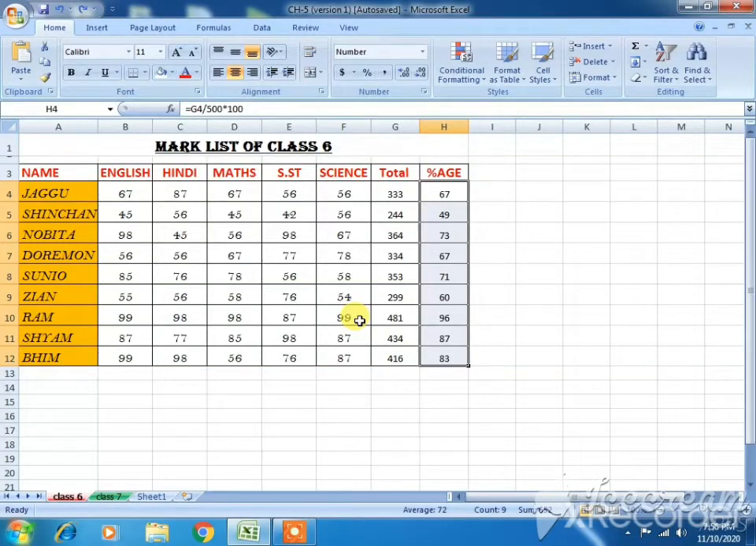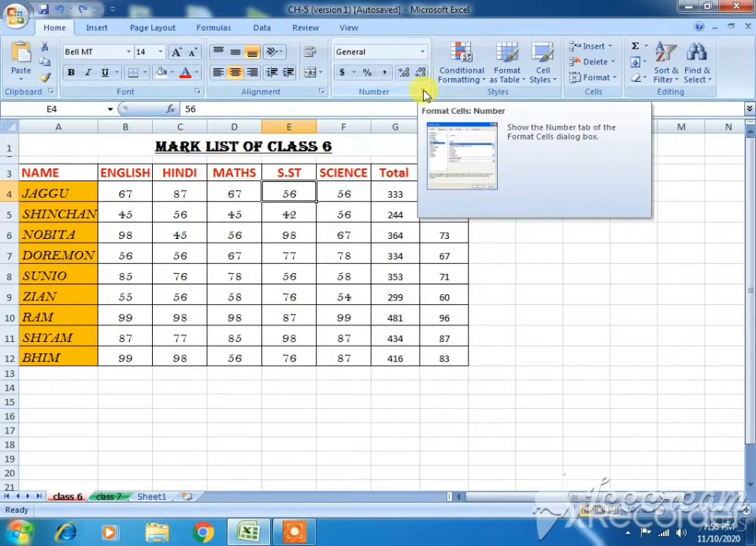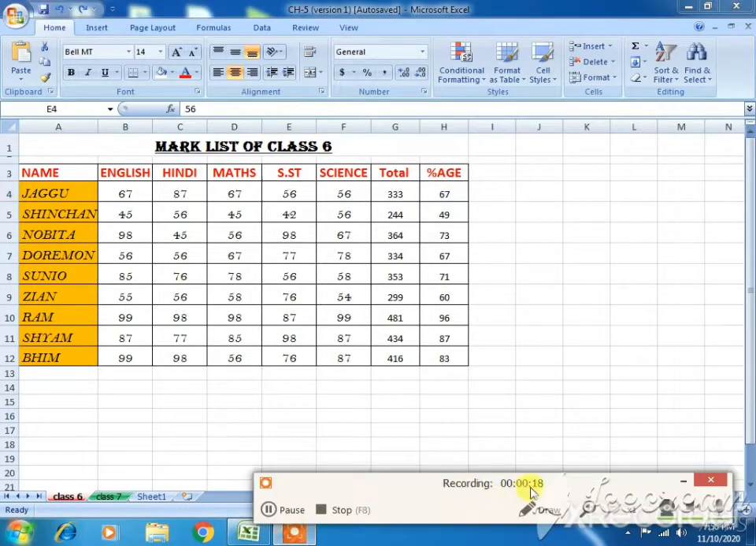Our next topic is increasing or decreasing decimals. You can control the number of decimals that appear with numeric data using increase and decrease decimal. So this is increase and this is decrease decimal. So what you have to do is for that,